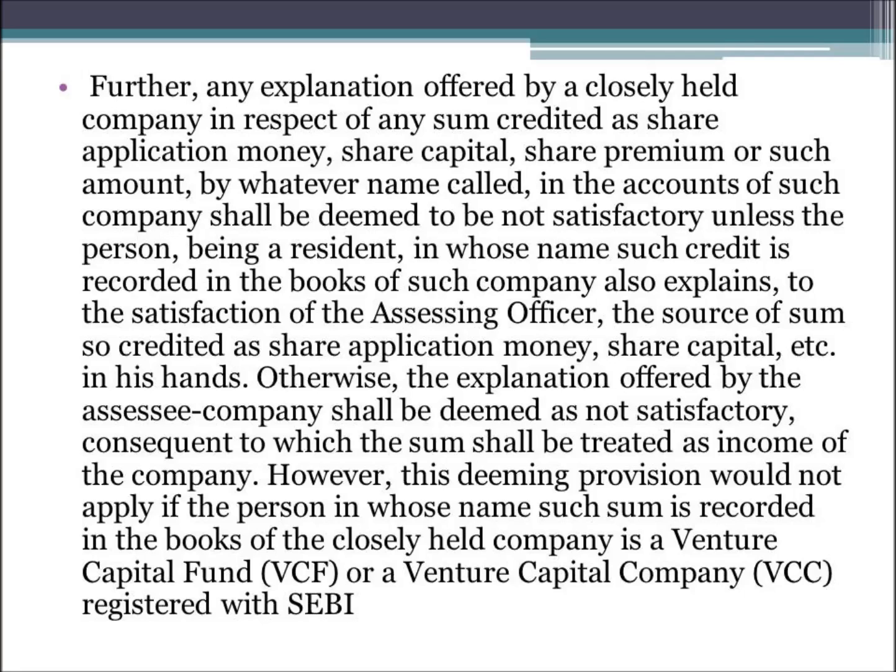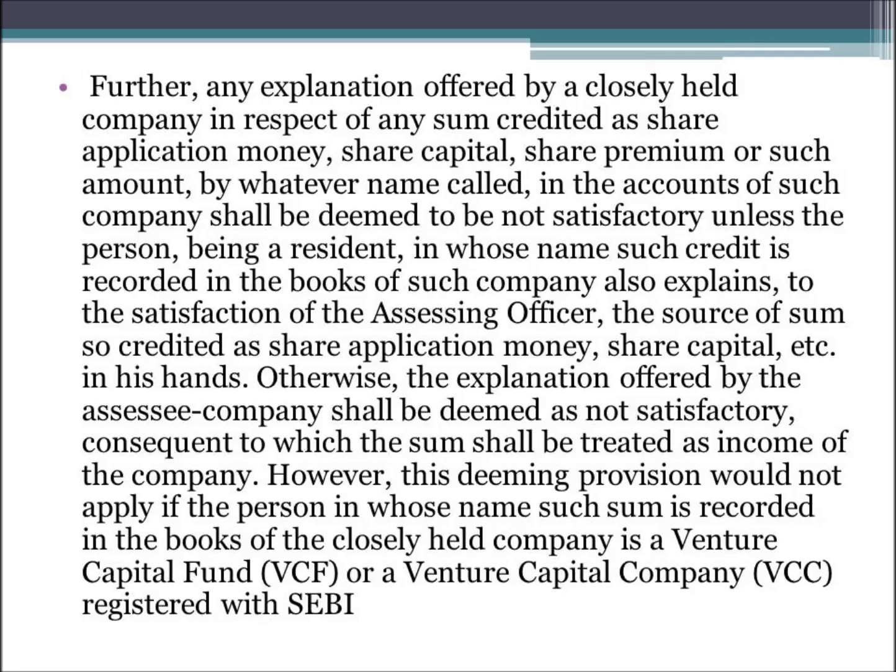So the assessing officer will question me: from where did you get this amount to invest in this closely held company? Not just the closely held company will be questioned; the person in whose name the credit is there in their books of account will also be questioned, about where he got the money, the nature and source of the money which he has invested in that closely held company. And if I am not able to satisfy the assessing officer about the nature and source of the money which I am investing in that closely held company in the form of share application money,